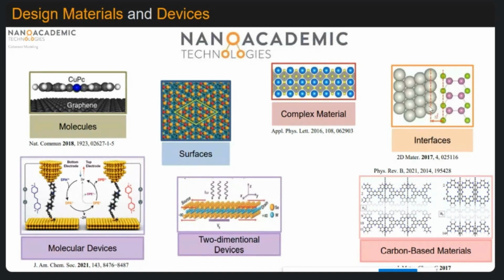This includes molecular devices, where there is a metallic electrode on the left, a metallic electrode on the right, and a molecule in between in that junction. So that kind of molecular electronics, molecular junction based two-terminal device, you can simulate. Two-dimensional based devices are also possible. Let's suppose you take MoS2 based material, define some electrodes, define some gate terminal, and then you can simulate FET devices, graphene based, graphene nanoribbon, carbon nanotube,